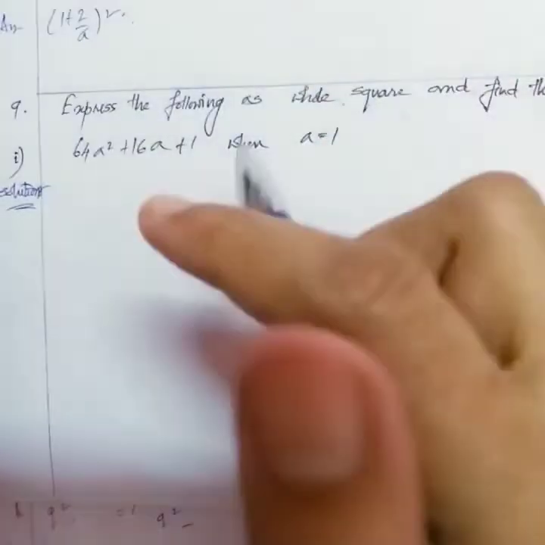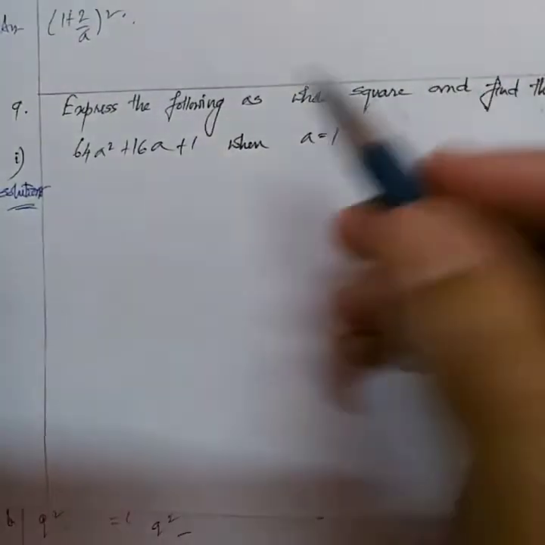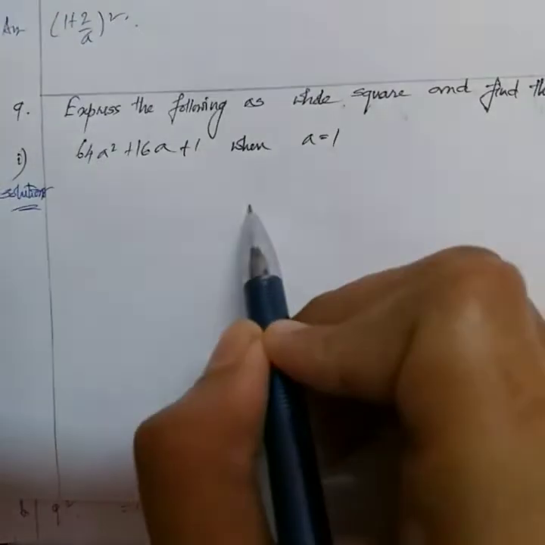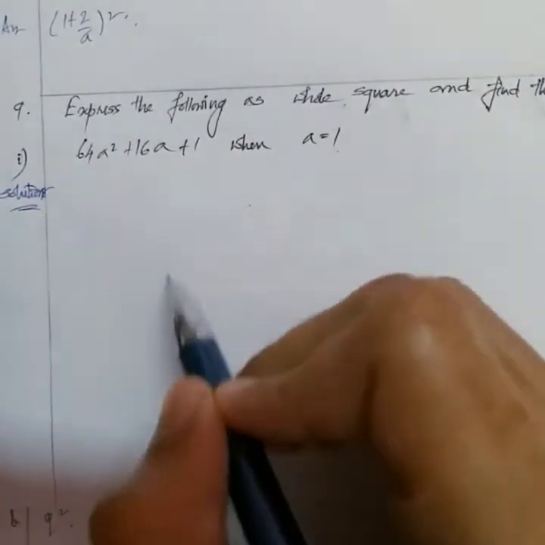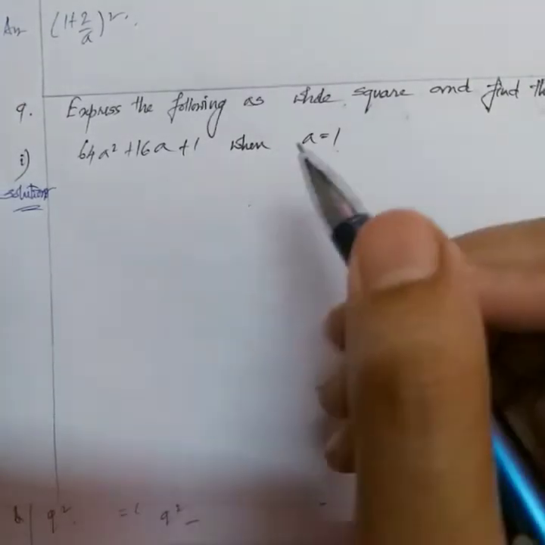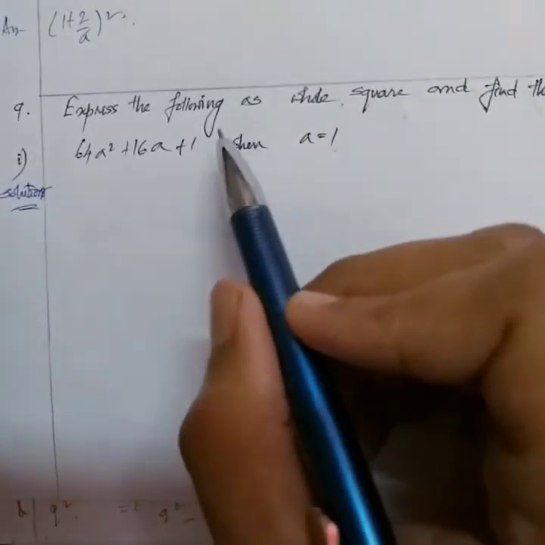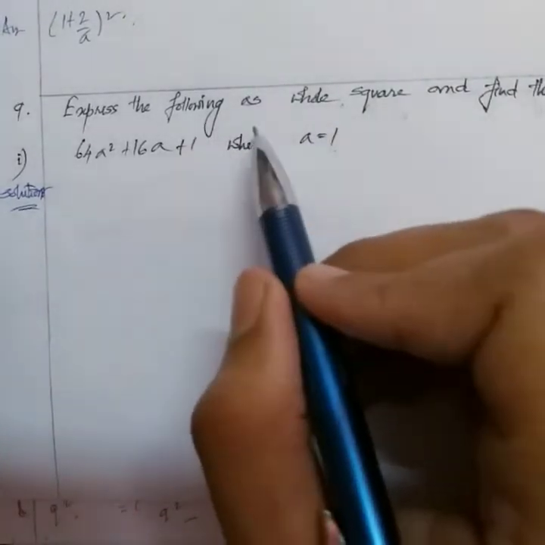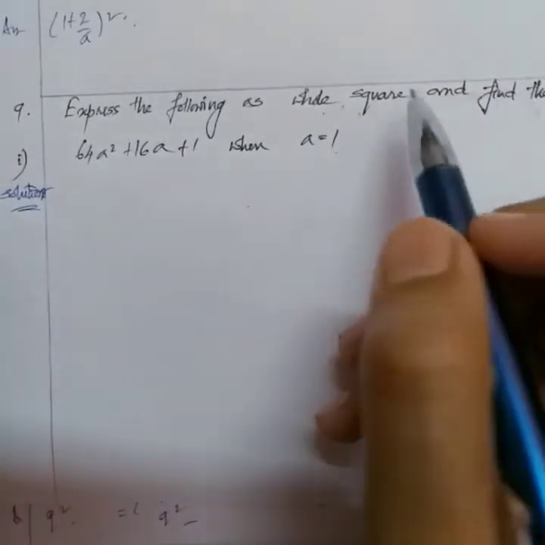Some of you have got the tendency of just putting the value of a in this given expression, like some of you just write this 64a square plus 16a plus 1 and then simply put the values of a in there and find out the value of this, which is completely wrong. If you do the sum in this manner in the examination, then no marks can be awarded. You can see that the direction is clearly mentioned in the question that express the following as a whole square first, then you can put the values there.